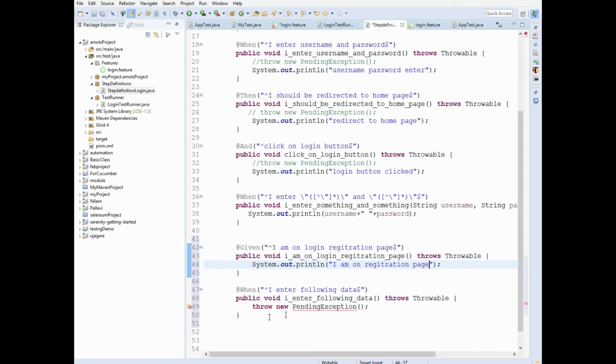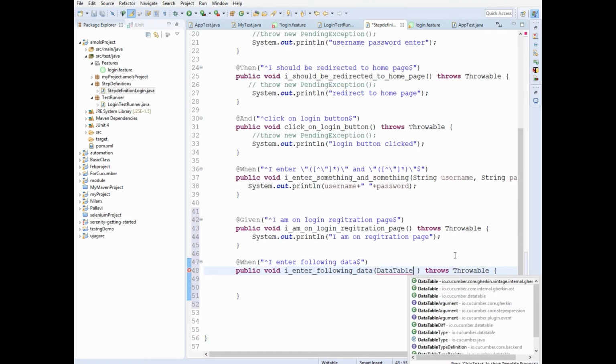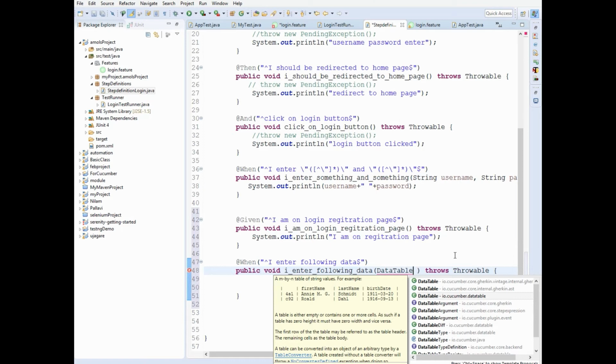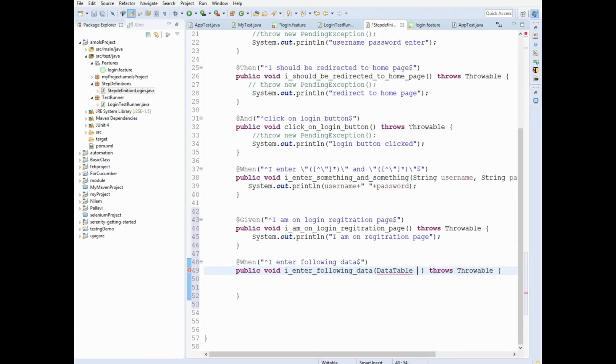Okay, I entered following data. So this is kind of a tricky part, right? So here we need to pass one object of data table. You should import this DataTable from io.cucumber.datatable. This one, DataTable.